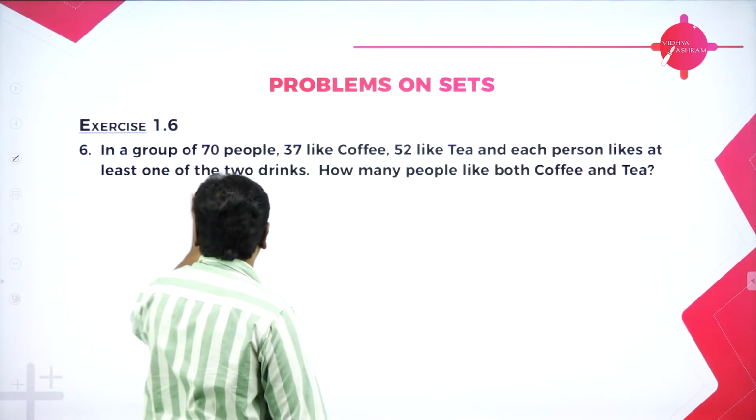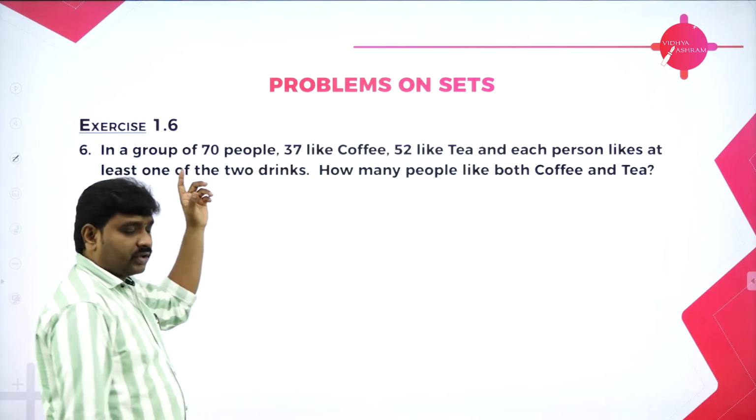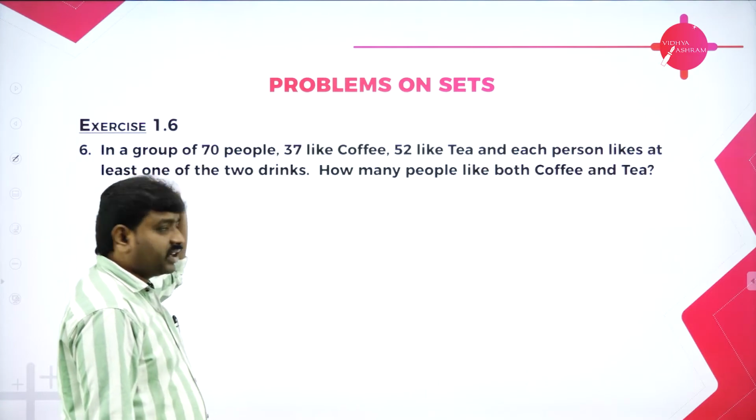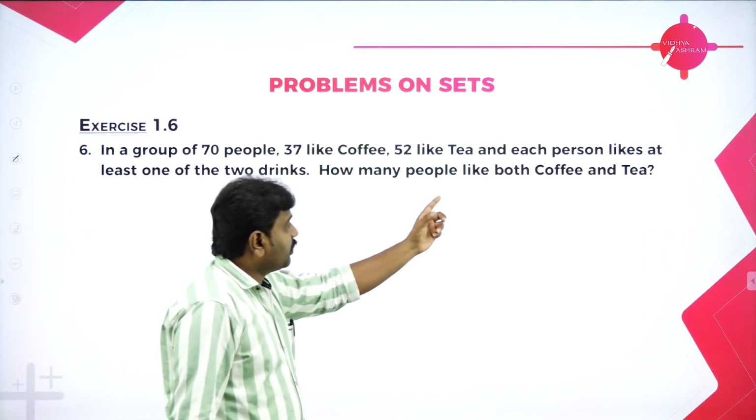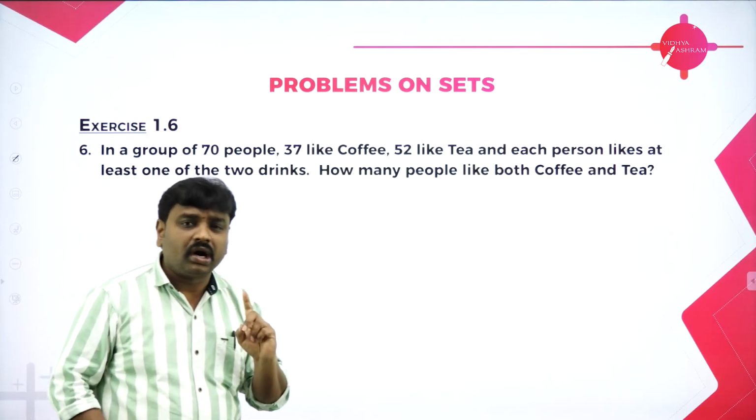Next we have, in a group of 70 people, 37 like coffee, 52 like tea, and each person likes at least one of the two drinks. Means everyone out of 70, each one will like at least one. So therefore this can be treated as union. How many people like both tea and coffee? Two methods you can solve: Venn diagram method or